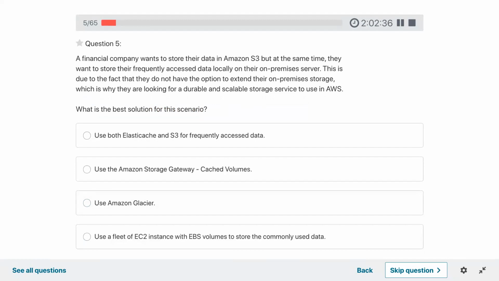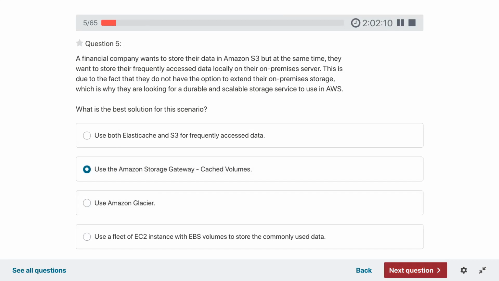What's the best solution? The best solution is Amazon Storage Gateway Cached Volume. How it works is the storage gateway caches the most frequently accessed data on premise and keeps a redundant copy in the S3 for the data.